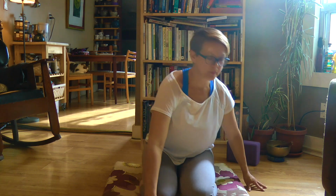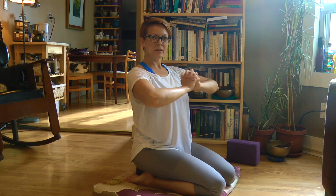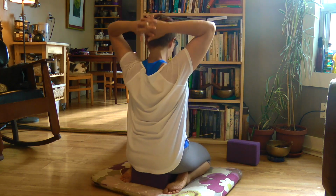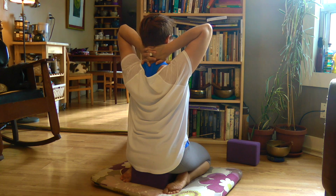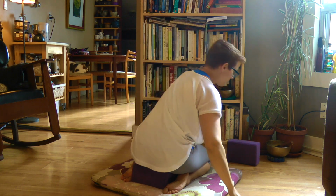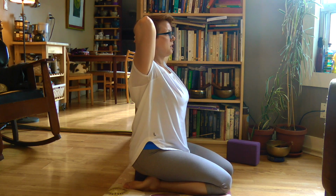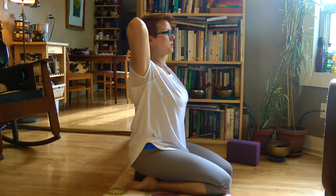Okay, so from here, take your hands, interlace the fingers together, and then take your palms just to the very back of your head, okay? So you want your hands right at the base of your skull, so not up here by the crown of your head, not down here at the back of your neck, but just at the base of the skull, okay? So as your fingers stay interlaced at the base of the skull, feel your elbows point out to the